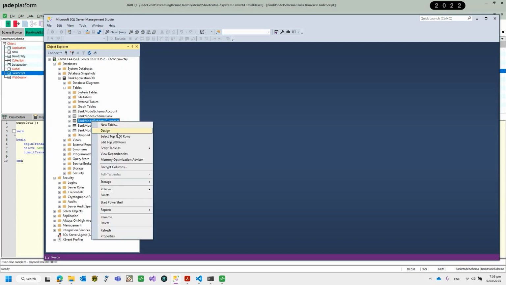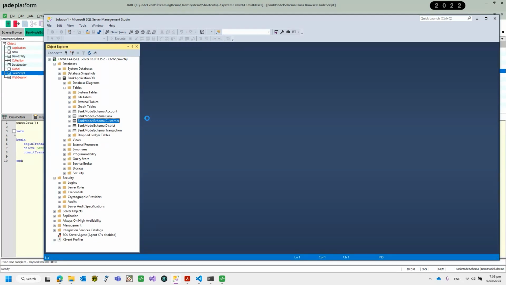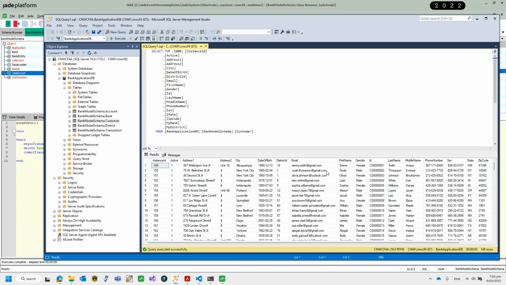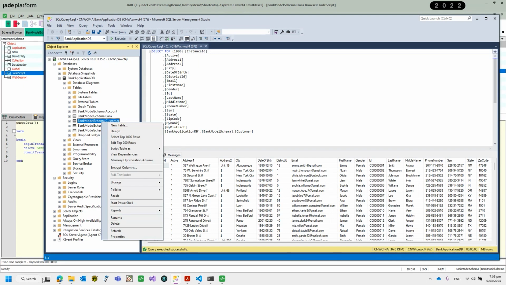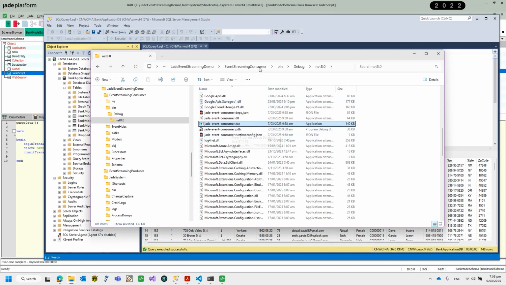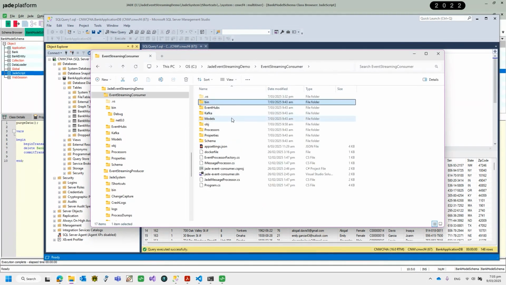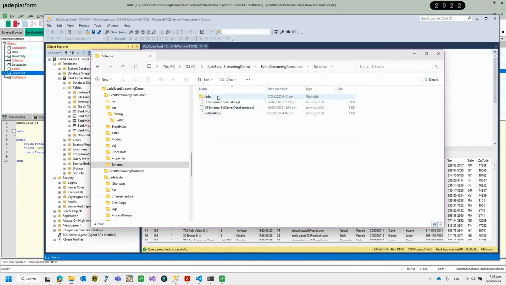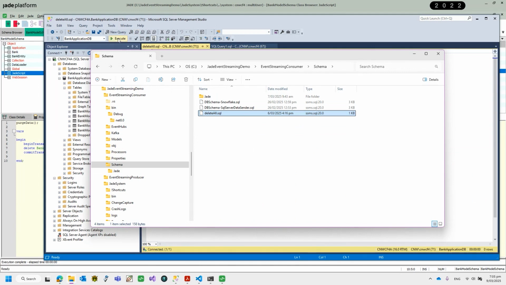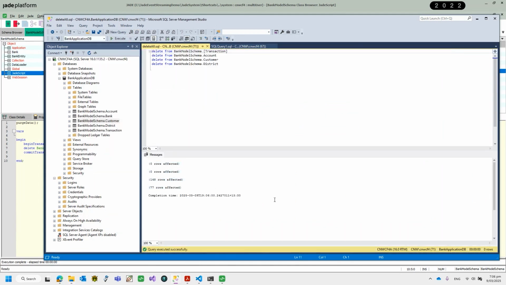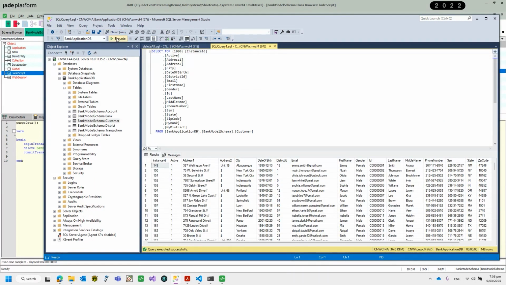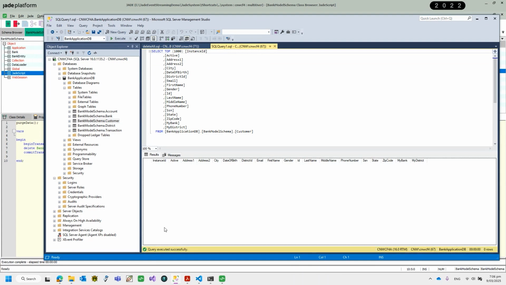Look at the top 1,000 rows of the customer table, and it actually has some data in it. So I'm just going to go ahead and delete that data really quickly. So I've deleted all that data. If we run this query again, we now have no data here. Great. So now I'll go back to my Jade system,